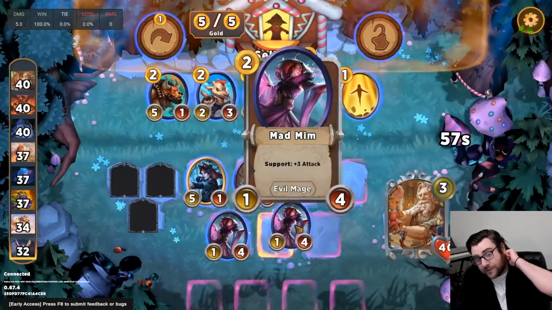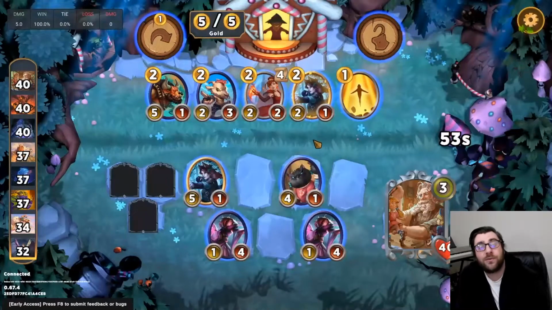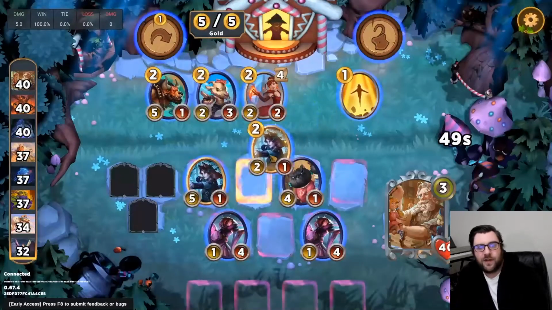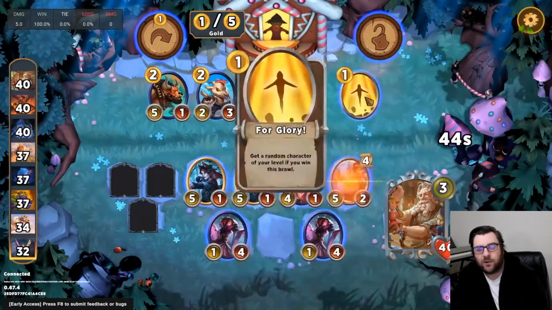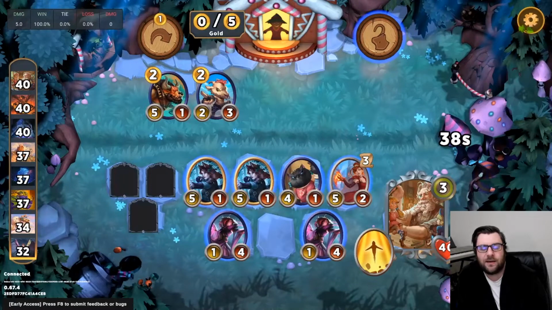A pretty interesting turn here on 3.0 as we see a shop with no 3-drops. So I do still feel like we're pretty strong. I'll probably be able to get away with casting this for glory, and then I pick up the pair of Sherwood Sure Shots. I do think there's definitely a case to be made for taking the Minotaur, but Minotaur doesn't work well with the Mad Mim, so I do think it is better just to play the strongest board that